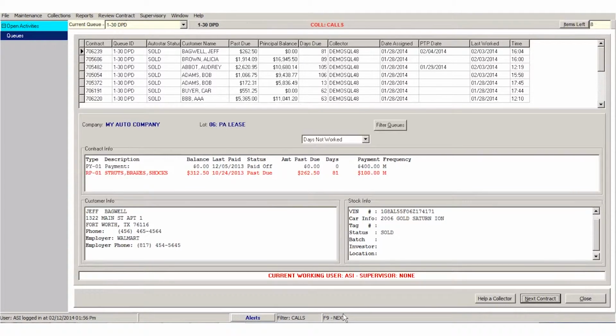At the bottom of the screen, you'll also see that you have a Help a Collector button and Next Contract button. The Help a Collector button is here only when you've been assigned to help a fellow collector. So if you have a really light workload, like in my queue I only have 8 accounts today, maybe somebody else has 300 accounts in their queue. So rather than going in and trying to adjust the queue structure, a supervisor could simply assign a second collector to the queue that has